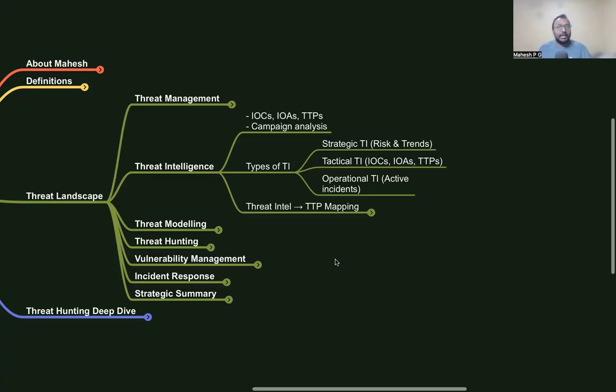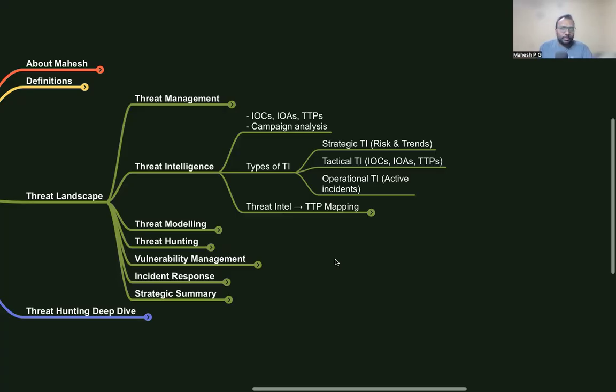One is strategic, which is high level. What type of threat is coming to my industry? What type is coming specifically to the organization that I am in, right? What can impact me, what risk am I facing? That is strategic threat intelligence. When it comes to the tactical, when there is an advisory, what type of actions we need to take, like a SOC analyst has to recommend or do a scan of the system and the logs, or inform the respective team to take action by blocking the IOCs, etc. That is the tactical.